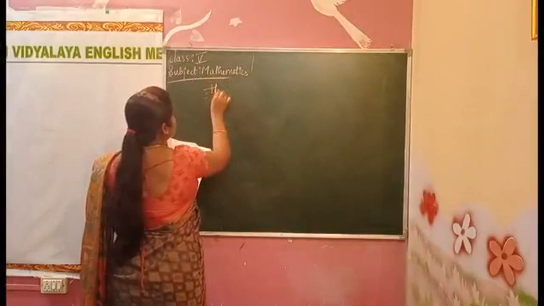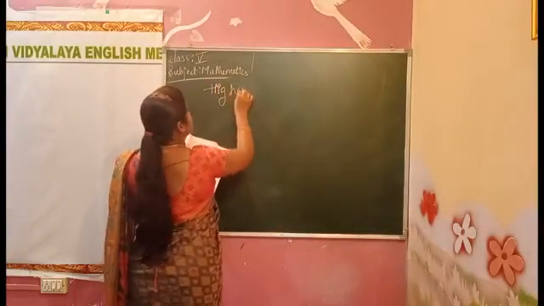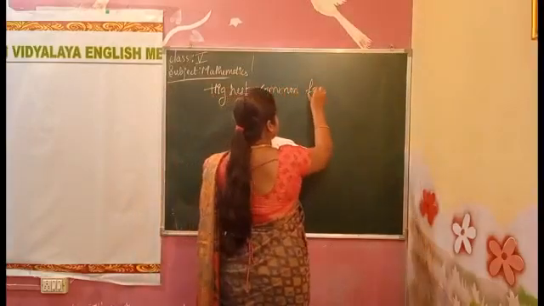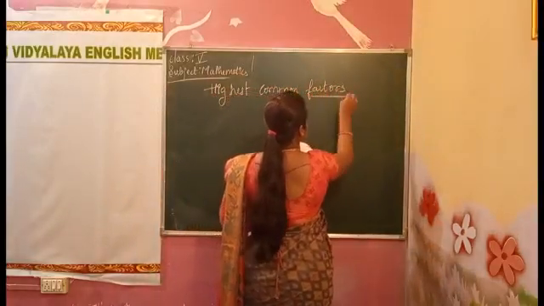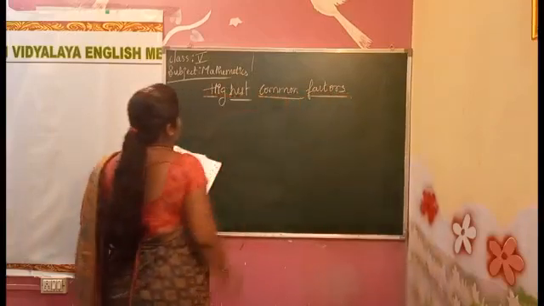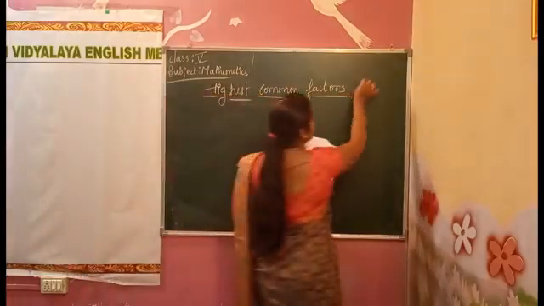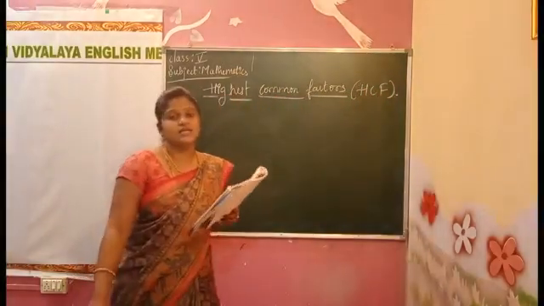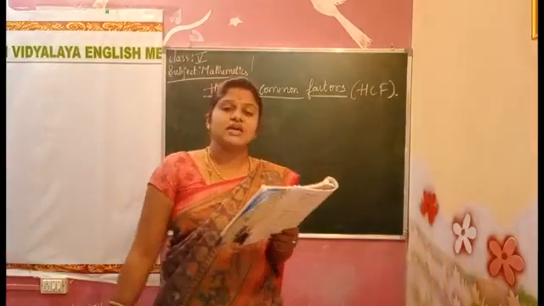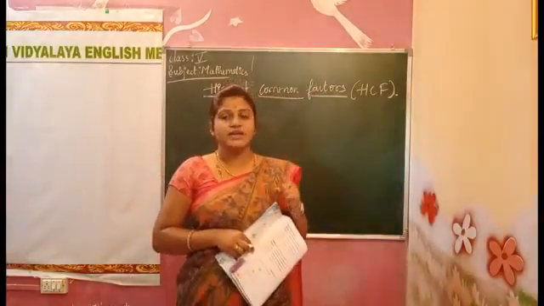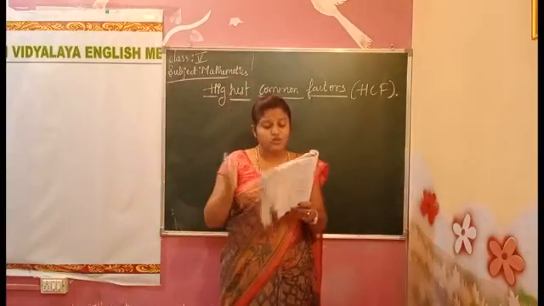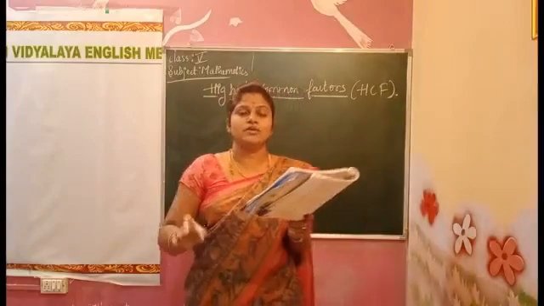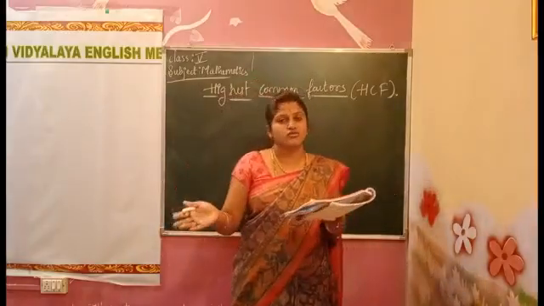Okay, the next one is highest common factor, or in the local language we use it as HCF. In the division method, they gave only one number. In HCF they will give two numbers to find out the answer. In this we have a normal number also, like finding only factors also we can do.